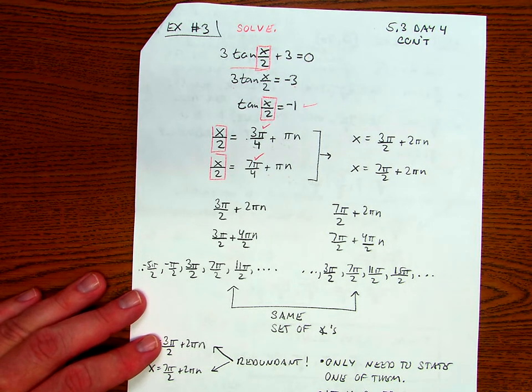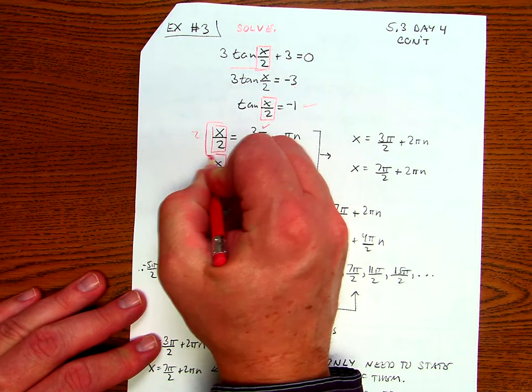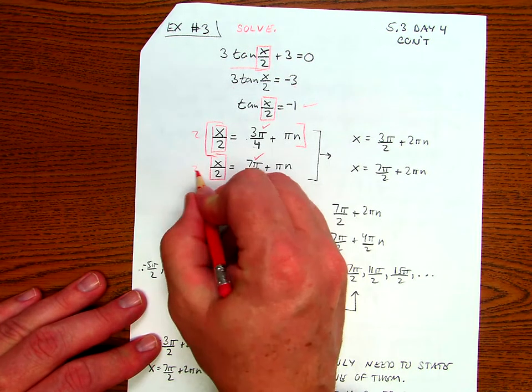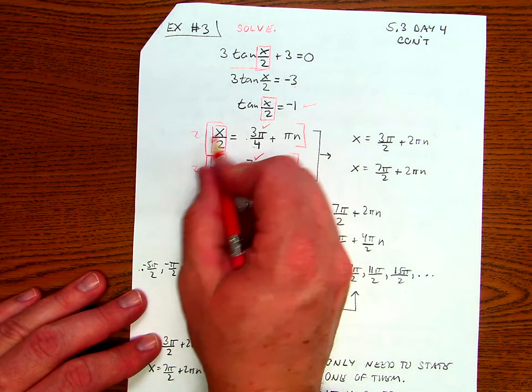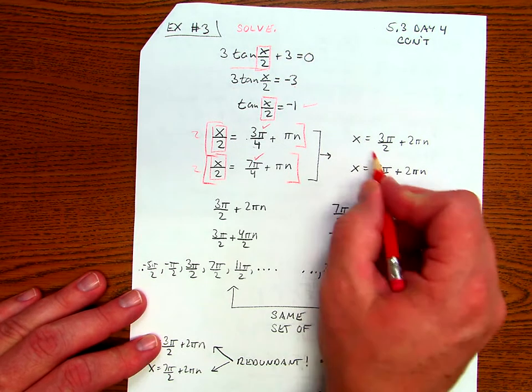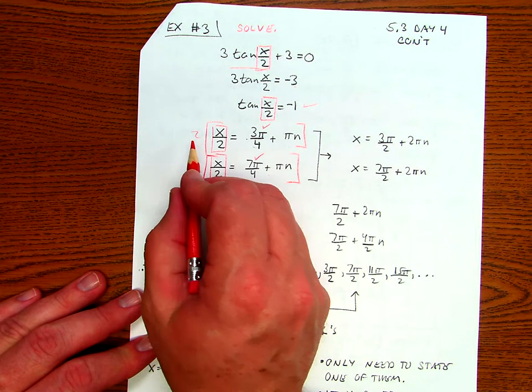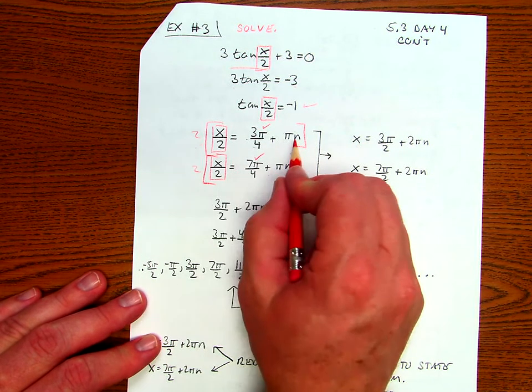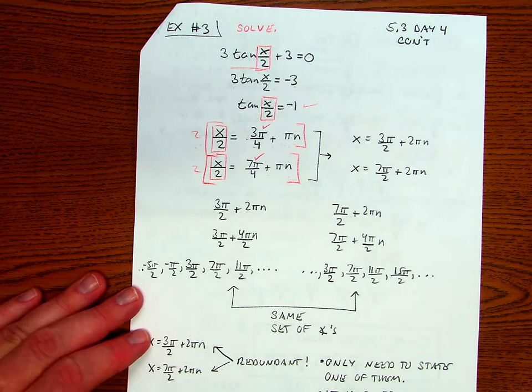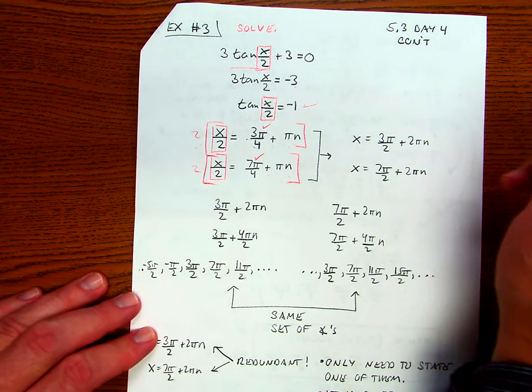What we need to do is to get this equation solved for x. So we take that whole solution, multiply through by 2, take that whole solution, multiply through by 2. So 2 times the x over 2, the 2's cancel, that gets the x by itself. 2 times 3 pi over 4 is 3 pi over 2. 2 times pi n is 2 pi n. All right, so right here,